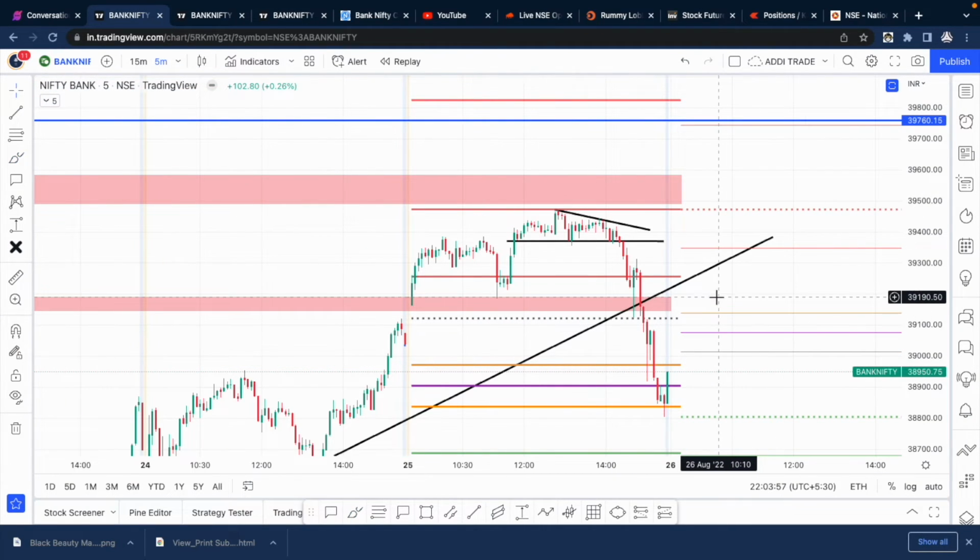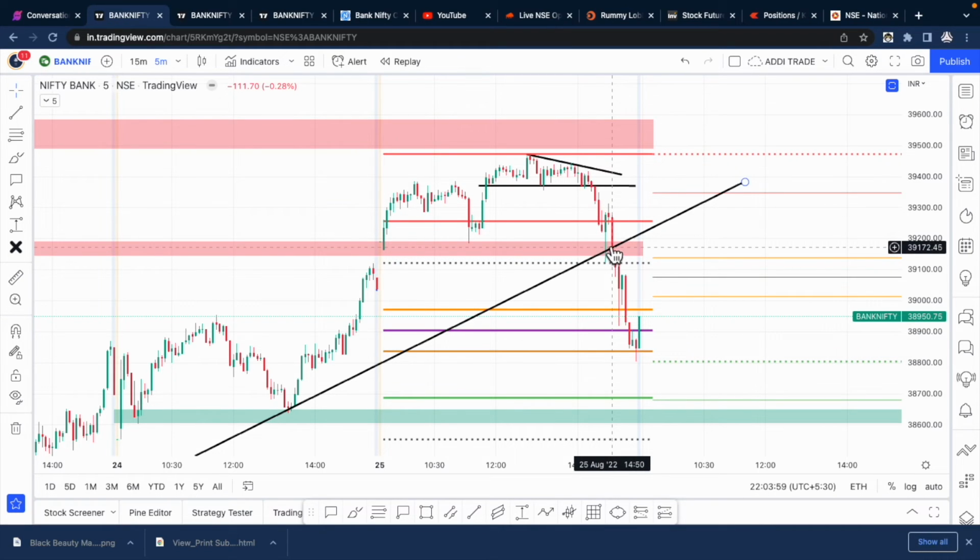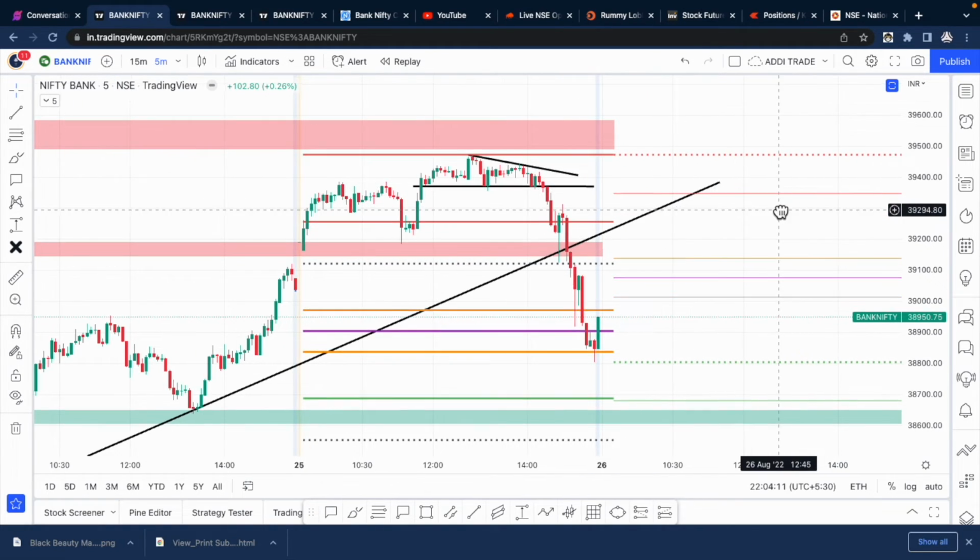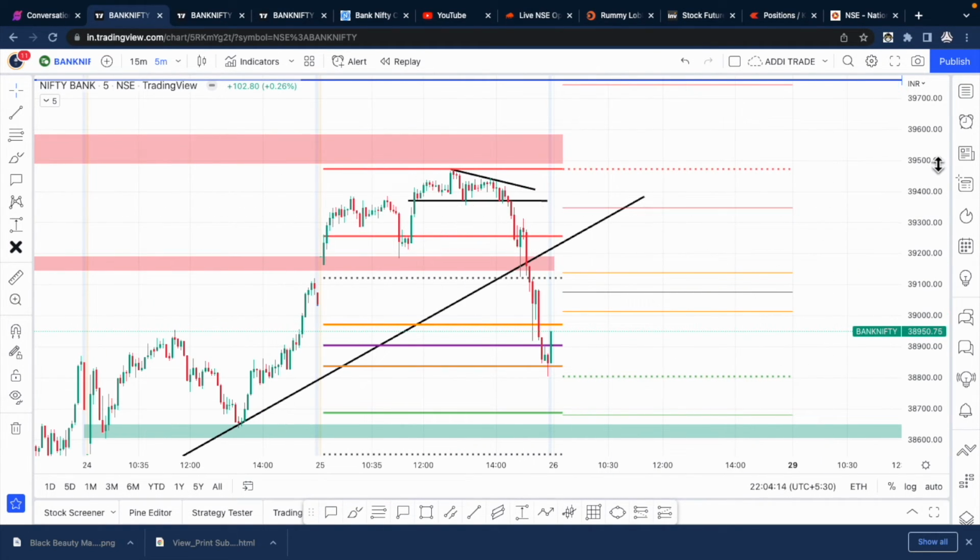And today is a day where a lot of the 0 to hero trades, if somebody had traded right, probably 39,000 put was a good 0 to hero trade. I saw it going from somewhere close to 13 to almost more than 100. So that was a very good 0 to hero trade, and these are the levels that we have for tomorrow.